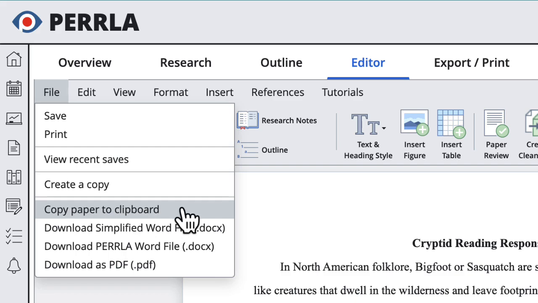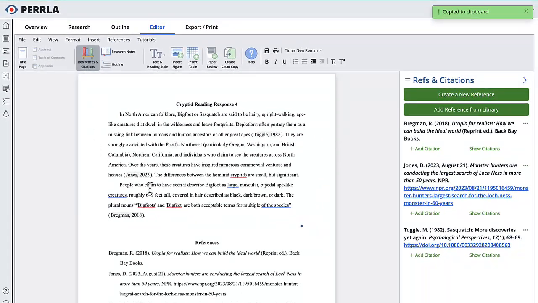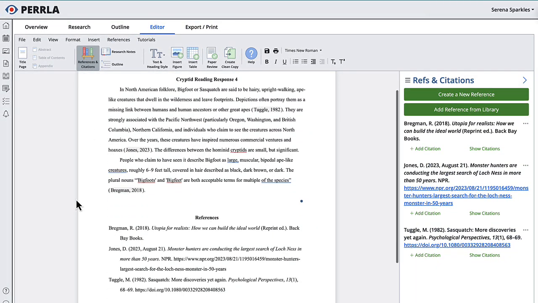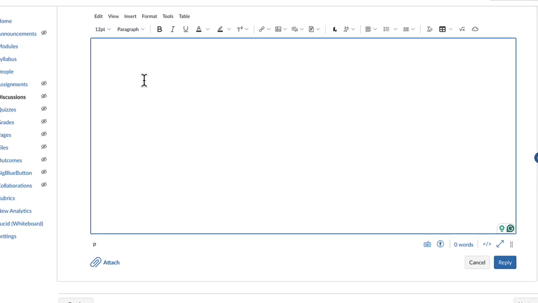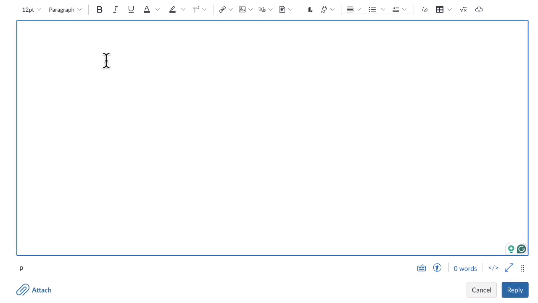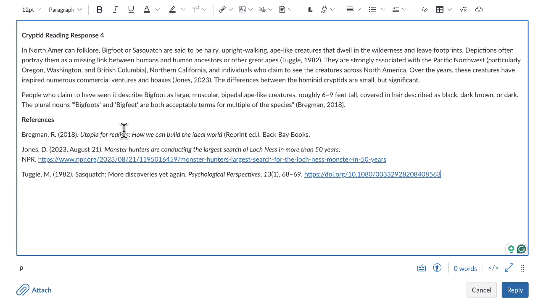If I choose Copy Paper to Clipboard, it's actually going to copy all the content of both the body and the references section together in one block. That way, when I come over to my forum, like Blackboard or Canvas, I can choose Paste, and it's going to paste my discussion post in one go as closely formatted to the APA as